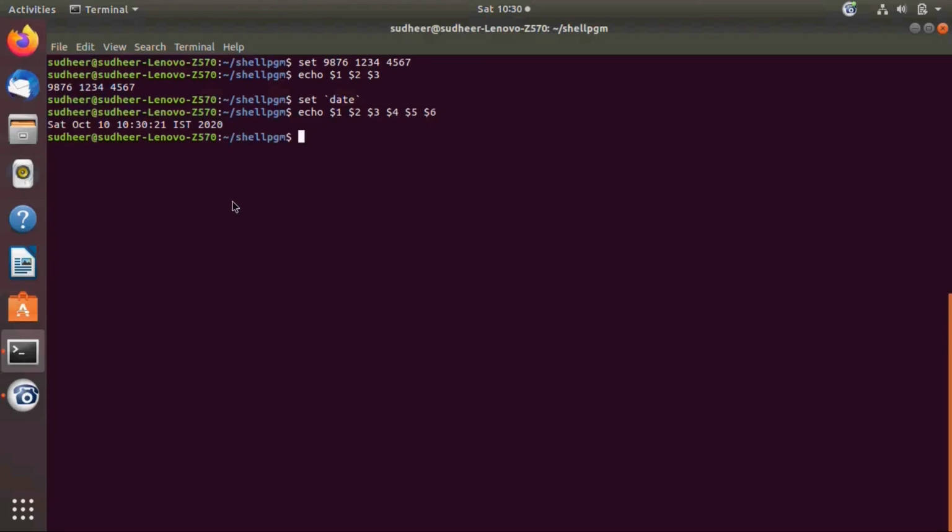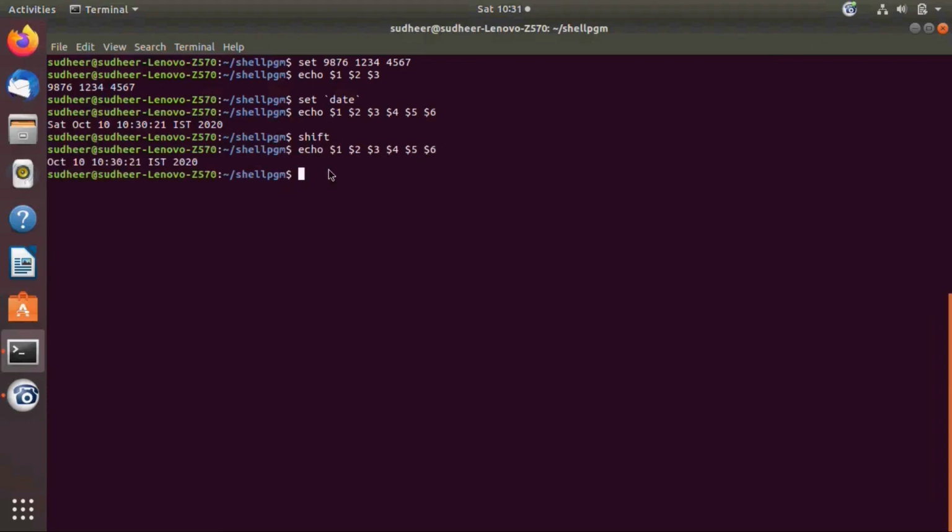Next I will execute the command shift. If you run the command shift, it shifts the values one position to the left. Let us see the output here. Once again run the command.